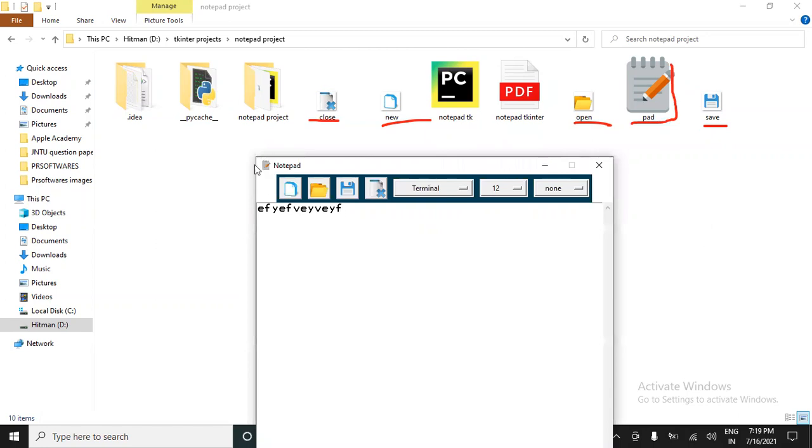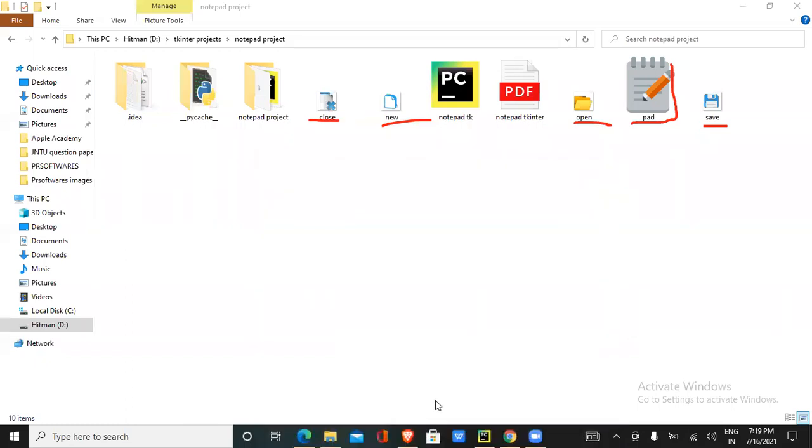On the very top, the title is Notepad. Beside that, you can check the icon. I'm going to show you how you can change the icon as well, from the default icon to your required icon. This is the file folder you'll be getting, which will contain the program as well as the images and all. You can just take it, import it to PyCharm and use it.